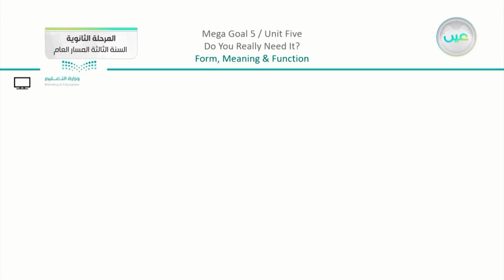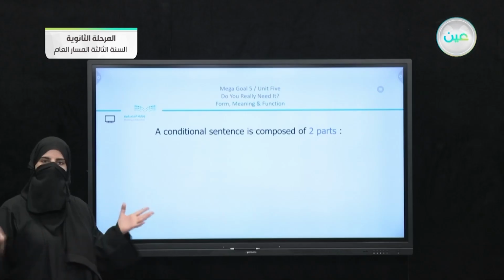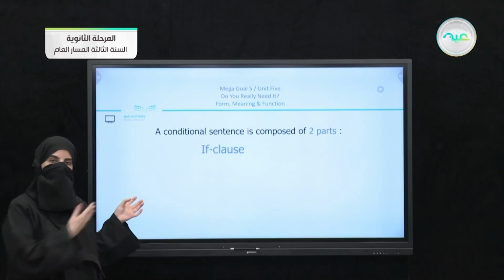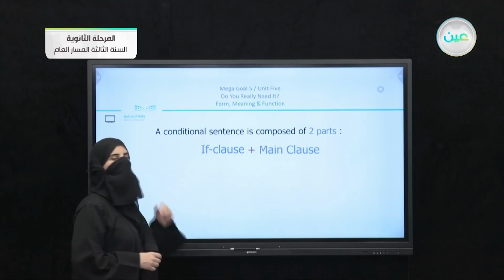So we're going to start, first of all, going back to the idea of conditional sentences and using the word if in this sentence. Now, it is very close to the grammar lesson where we had the kind of adverb clauses. We had the division between clauses here. We said that there is the main clause and also there is the adverb clause. So it is very close to what we are going to do now in our lesson. A conditional sentence is composed of two parts, so this is not new. Now, we do know that we have here now the if clause, because I just mentioned the if, and we have here, of course, the main clause.